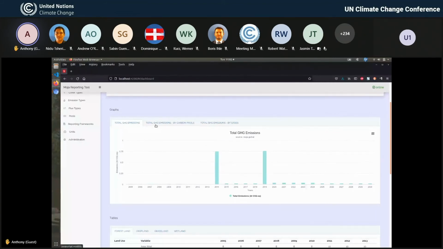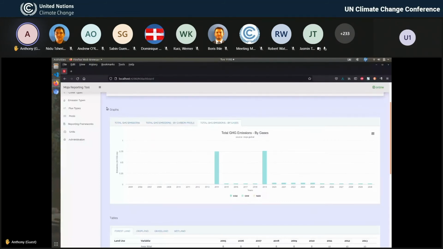So if you have dead organic matter, living biomass, mineral soils, you'll see the CO2 equivalent here. And then this will also be broken down by gases. In the database that we were processing, we had only CO2. That's why you're seeing figures only for CO2 here. So this provides a graphical summary of all the emissions that occurred in the processing of that database.